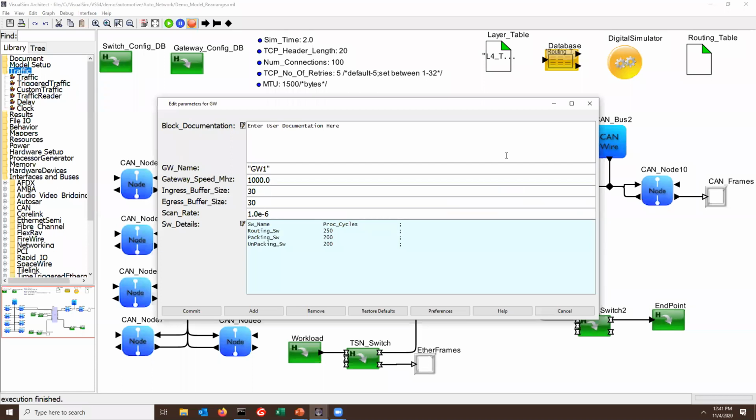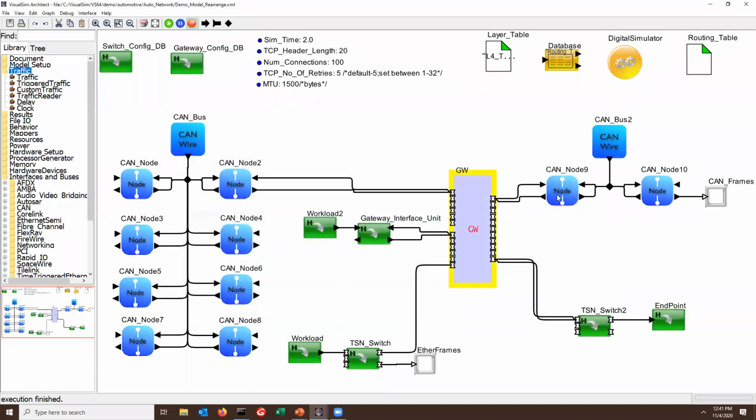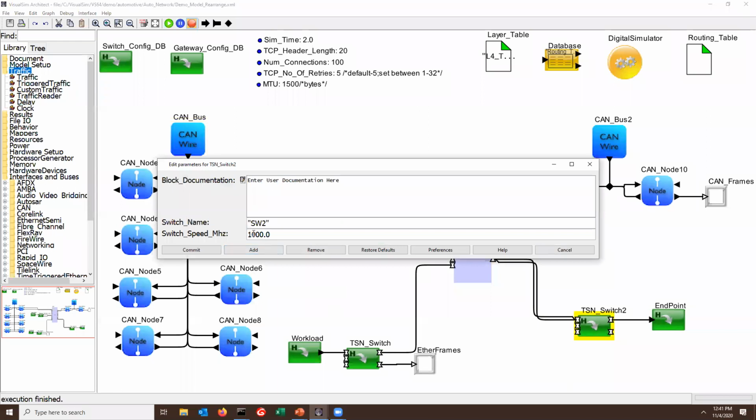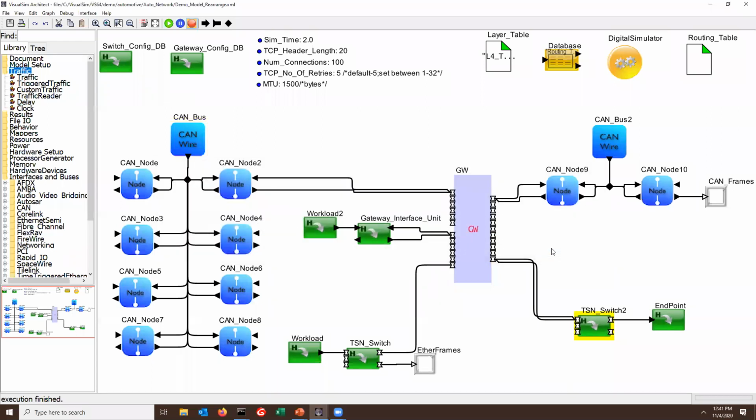Similarly, if I look at the gateway, it has a unique set of parameters. Similarly, the TSN switch has its own set. So each block has its own unique set of parameters that are used to actually come up with the specification of your particular design. So for example, if I click on this go button,